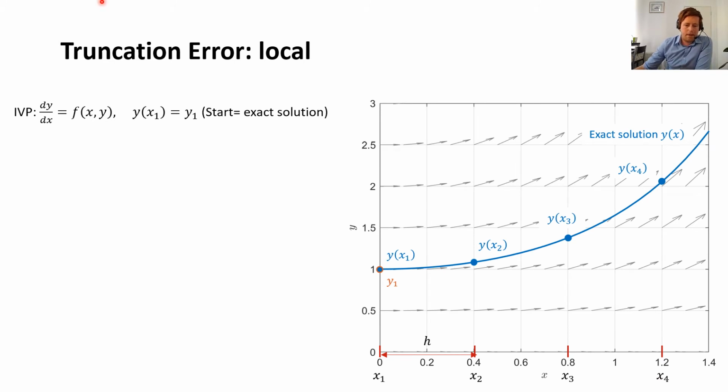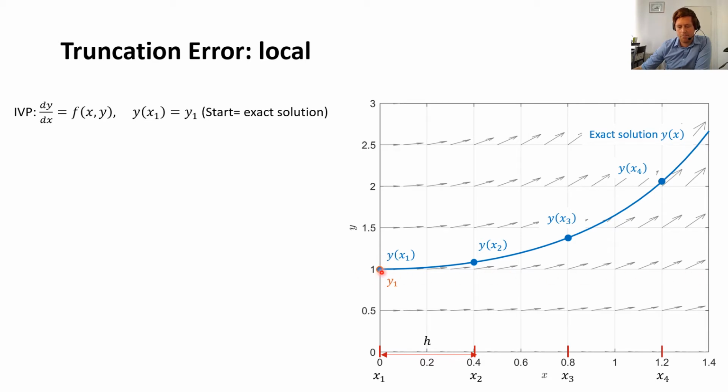So let's first start out with the local truncation error. We have this initial value problem, dy/dx is f of x and y, equipped with an initial condition here. And let's say that the exact solution is this blue curve over here, and that we had partitioned the x-axis